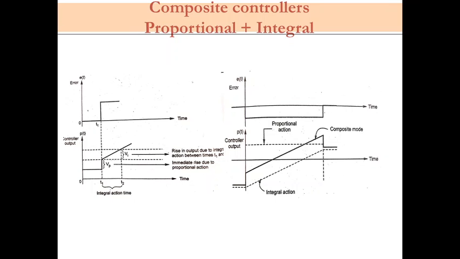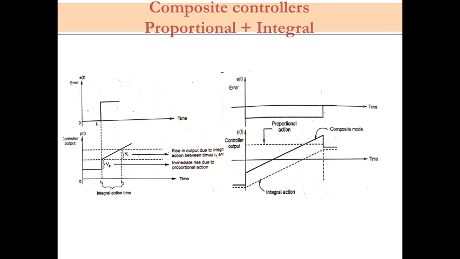The most important advantage of this controller is that the one-to-one correspondence of proportional mode is available, while offset gets eliminated due to integral mode. The integral part of such a composite control provides a reset of zero error output after the load change occurs. Consider the load change occurring at t equal to t1, due to which the error varies. You can see the difference in this figure. At t equal to t1 the error is rising, as shown in the figure.